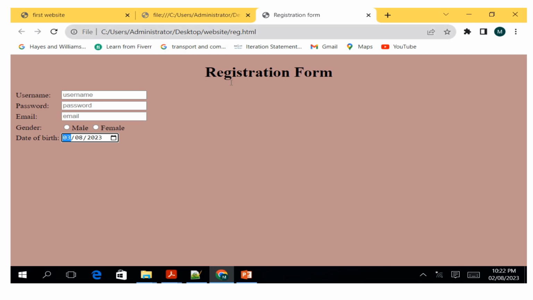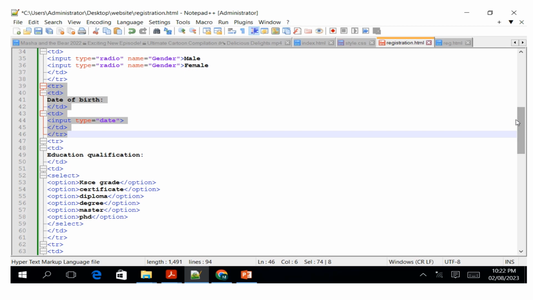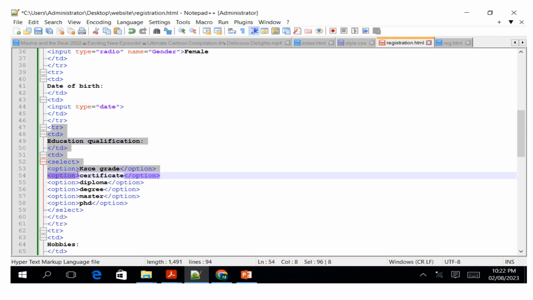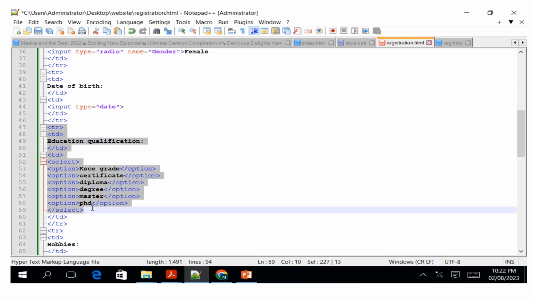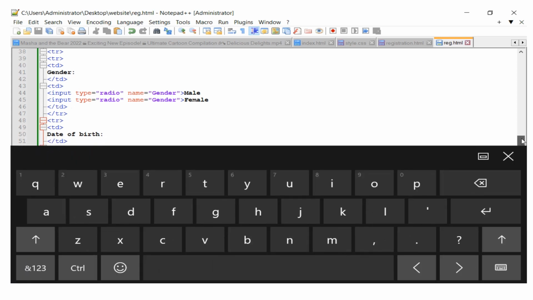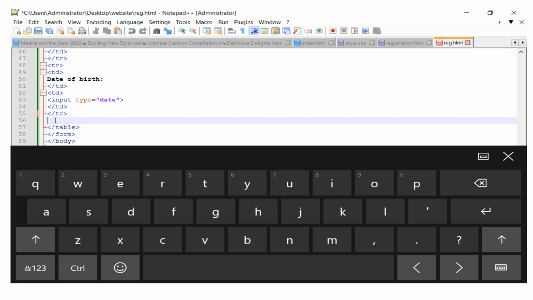And then maybe the next thing that I can add is the qualification. For the qualification, we just start with the table row, table data, and then we can pick this to be our qualification. Maybe we have this. I had put a selector to it. And maybe, for example, if I come here and work on it here,